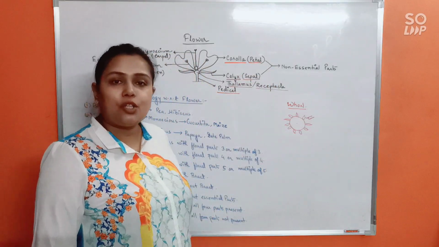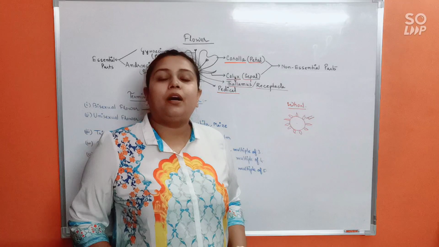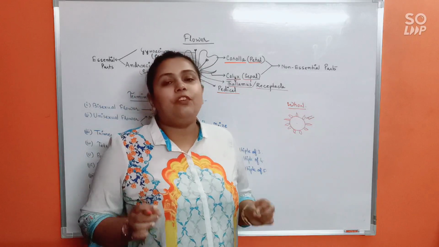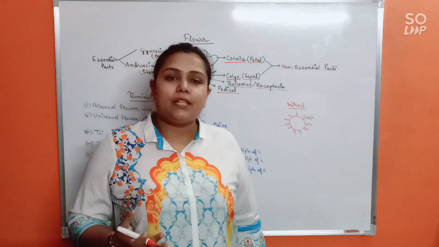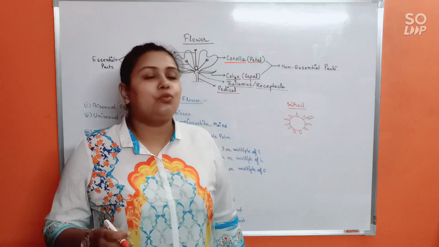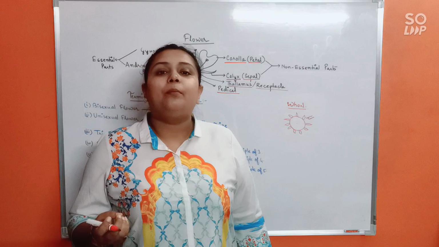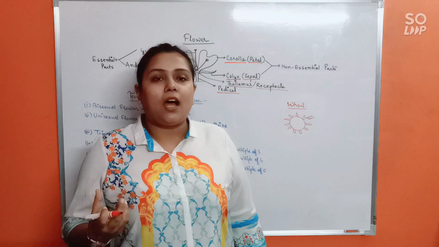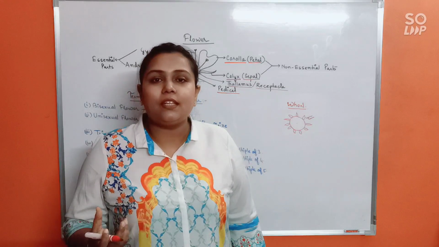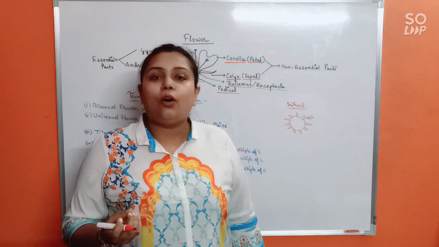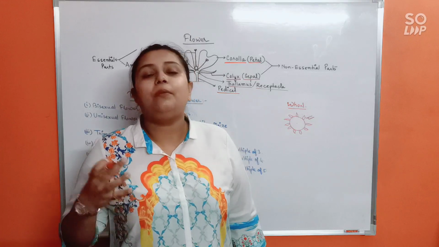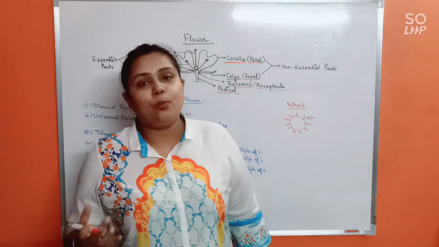Now what is the function of the corolla? Do remember, the corolla is the most beautiful part of the flower. It is mostly bright colored or aromatic. Yes, of course there are flowers which would not show such characteristics, but usually we know flowers because of their beauty, isn't it? And that beautification of the flower itself comes from the corolla, because the petals are usually very bright in color and they are aromatic.